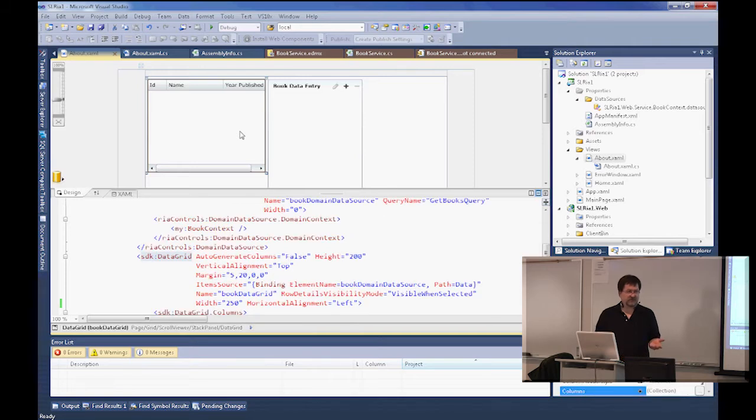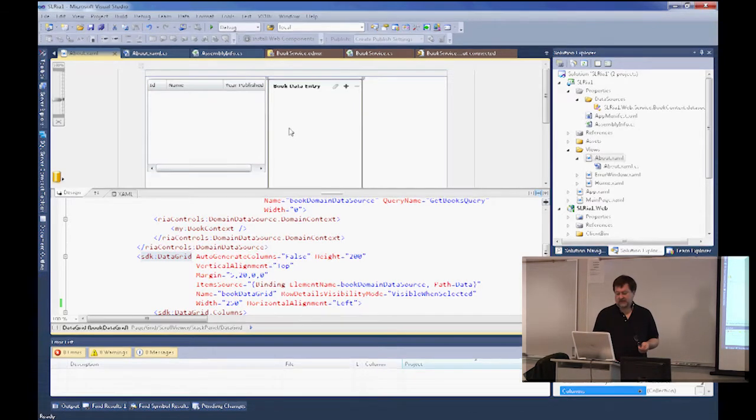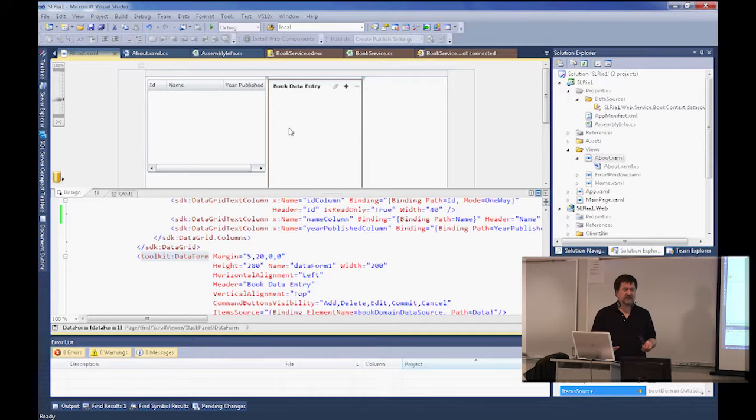We're going to see a split view where we're seeing the XAML page, and we've got ourselves a data grid. This is a data bound control for Silverlight, and it's a standard data grid that allows you to see the columns in a normal form. And then I have a data entry, a data form. That's a data bound form that can be used to edit elements. Interesting part here is that when I generated this, I went to